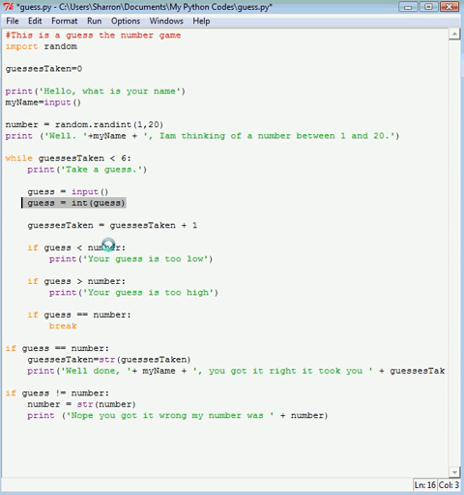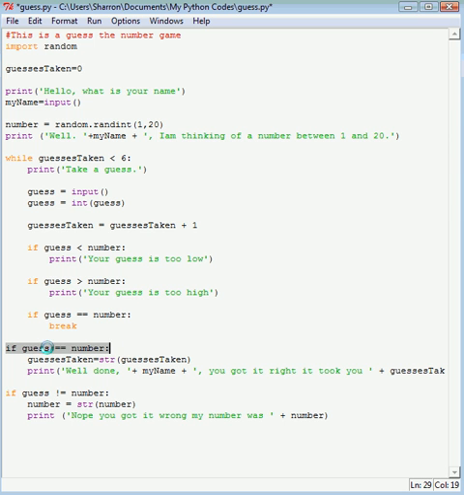The next part of the code here compares your choice with what the computer has picked. It says that if the guess you've made is less than the number the computer's chosen, it will print your guess is too low, and then it will go back up to the top and ask you to take a guess again. If your number is greater than the number the computer's chosen, it will tell you that your guess is too high, and once again it will come back to the top of the loop and go round again. However, if your guess is exactly the same as the number the computer's chosen, that's the 2 equals sign. That means a comparison. That's comparing your guess with the number. It will break out of the loop, hence the break command. It will leave this block of code, and carry on down to this next line down here,